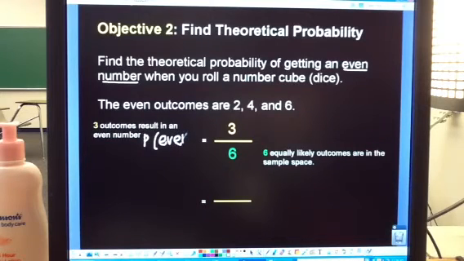So we write that P of even. And our probability is going to be